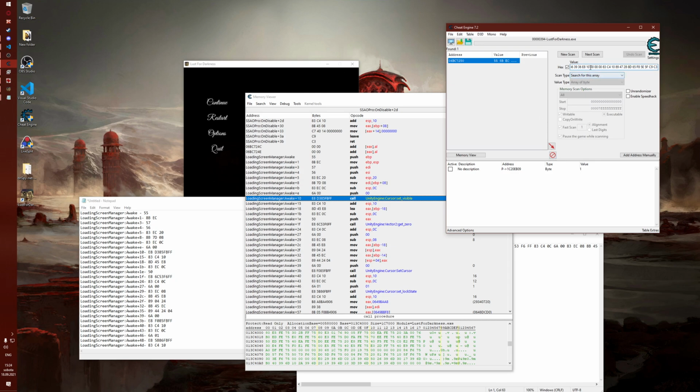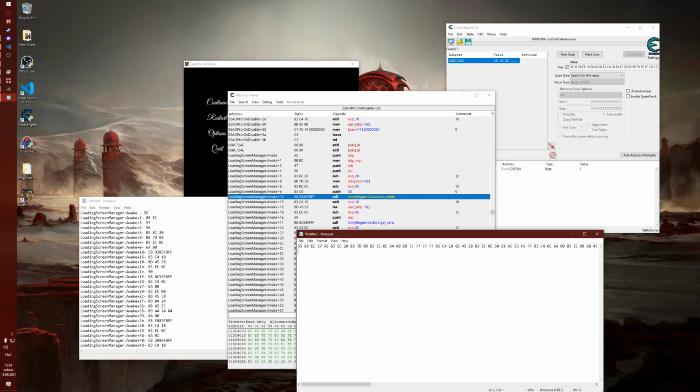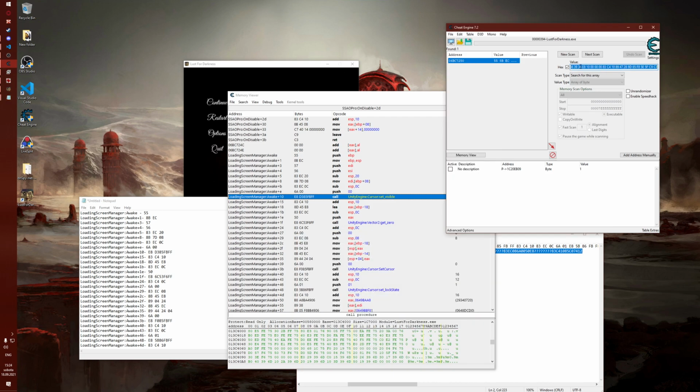So you have to really remove a lot of things that could be non-static. In the end, after removing all those inconsistent things, this is how the actual thing looked. So there's a lot of question marks, it's really messy, and you have to just try and maybe it will work. So if I do new scan with that, first scan, it actually finds it,